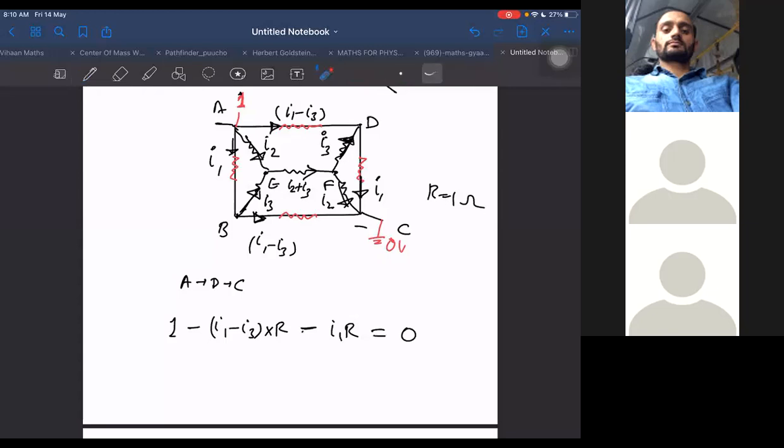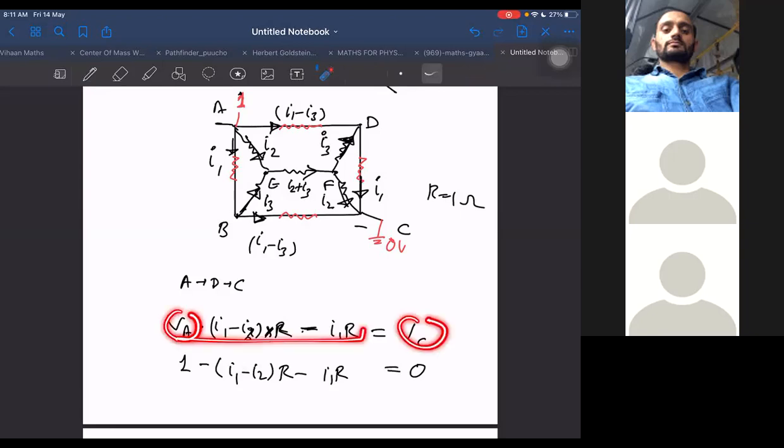We started from potential 1. Means, you know what equation I have written here? I have written actually this equation: VA minus this is equal to potential at C. This is the equation. Now it is a different issue that by chance this equation appears as if it is applied in a closed loop, because VC comes out to be 0 and VA is here 1. But our equation was this, and it was in an open loop. Open loop also we can write the equations. Then I have to write in this way, the way I have told you. Start from any one potential and go up to the other potential. Once we reach the other potential, then equate it to that potential. We can do that way also.